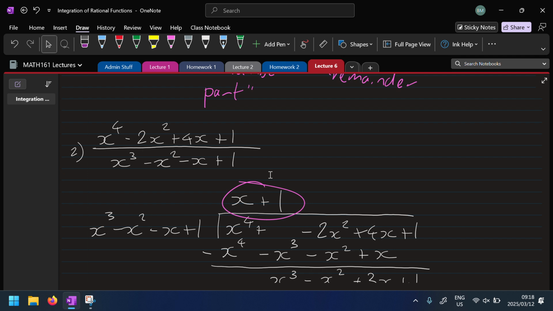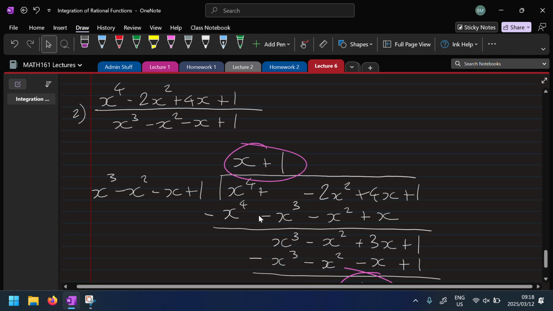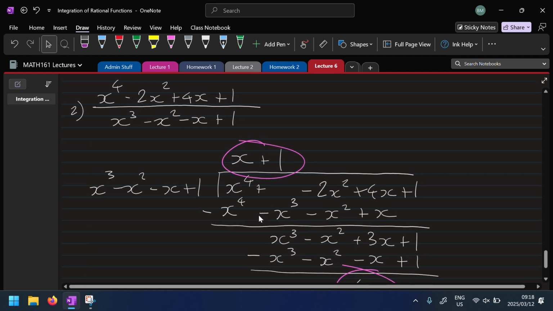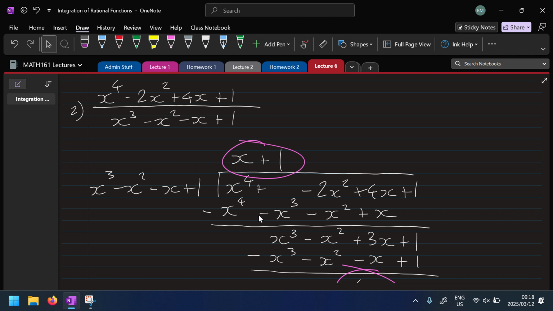Then we take the difference. So x to the 4 minus x to the 4, 0. And we take the difference for each term. And now we look at this first term again. That's x cubed. x cubed divided by x cubed is 1. And then we multiply. So 1 times all of this, we just rewrite it. We take the difference for each term. And we end up with